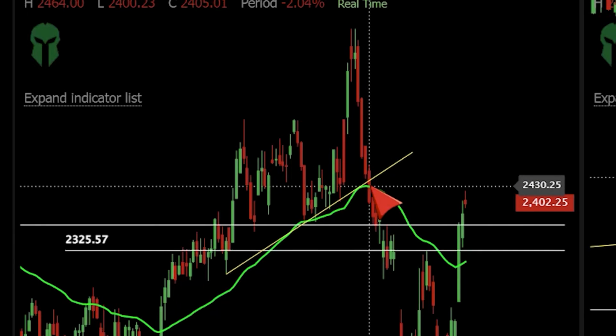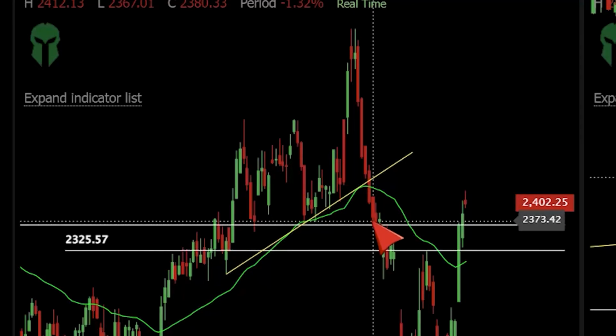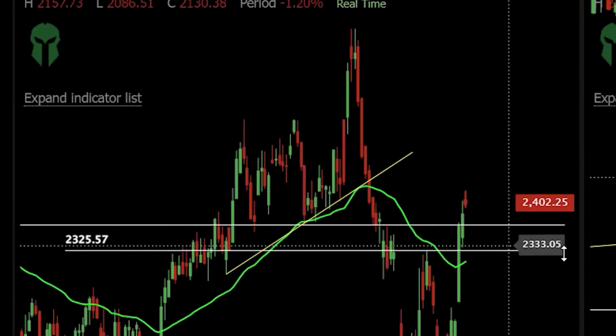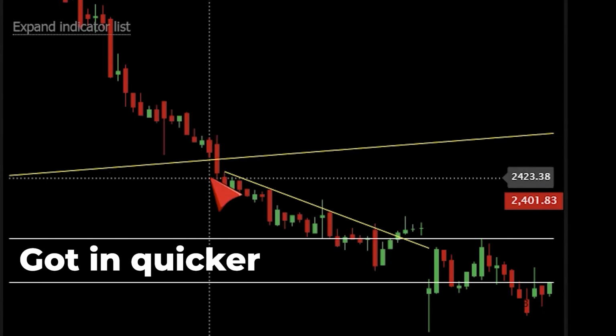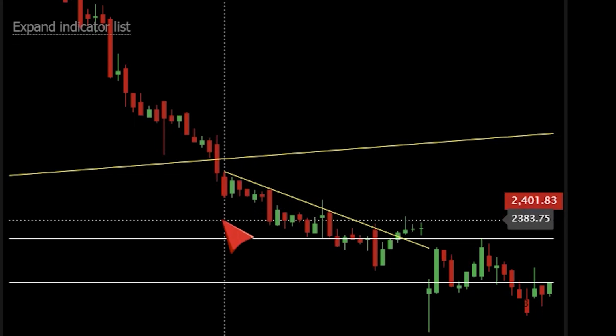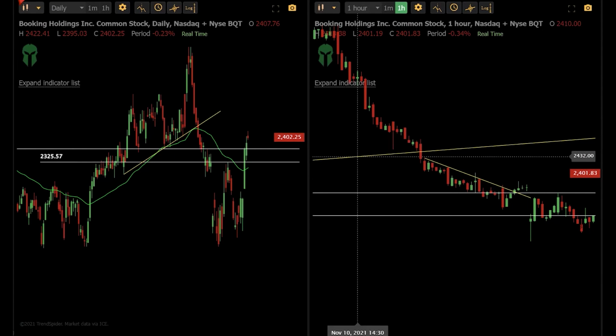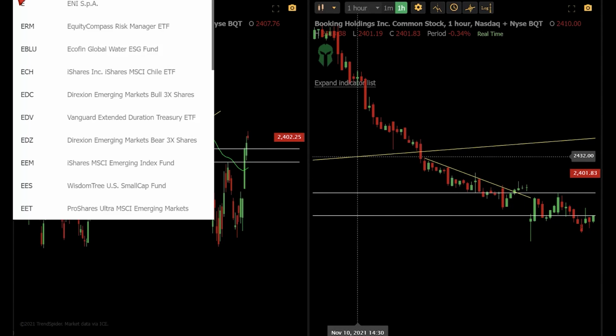Here's the break of this level. And instead of waiting for this close here, we were able to get in a little bit quicker because we looked at candlesticks within candlesticks, which is what multiple time frames actually are. So let's just review this a couple more times